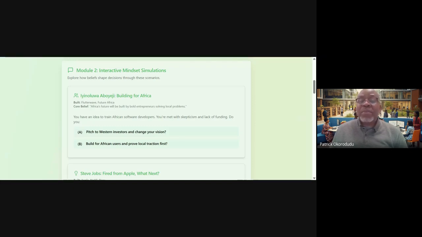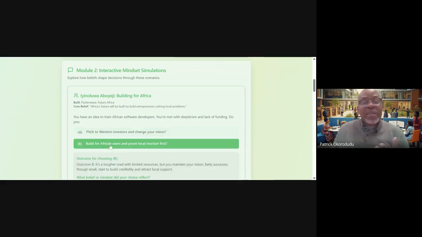Do you A, pitch to Western investors and change your vision? That's pitching to investors from the US, from the UK, from Asia, from Australia, from other parts of the world. Or B, do you build for African users and prove local traction first?